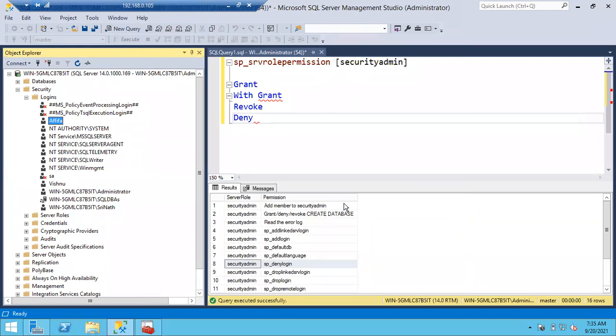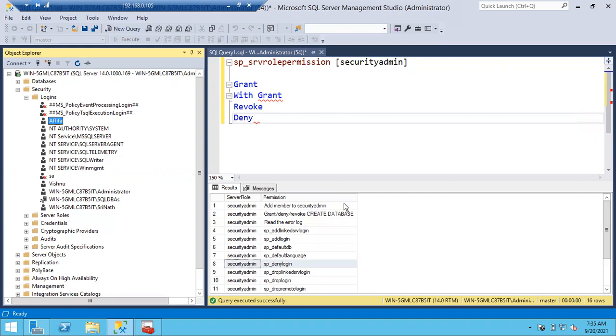The permission is denied. So the answer is no. As I told you, deny is the most powerful permission after sysadmin.